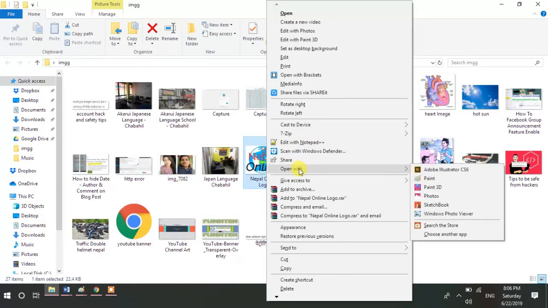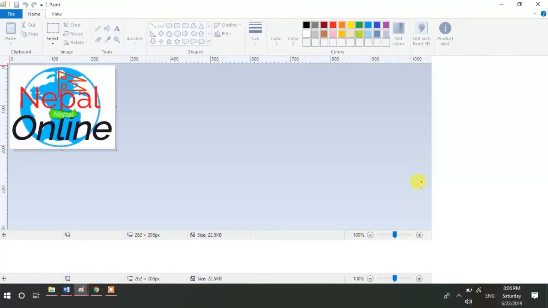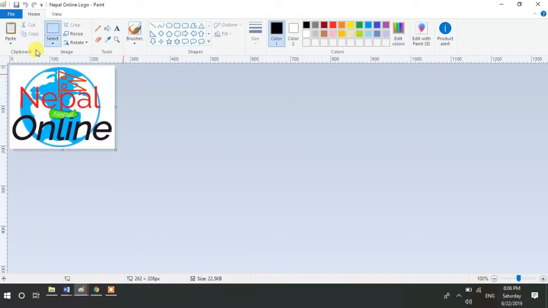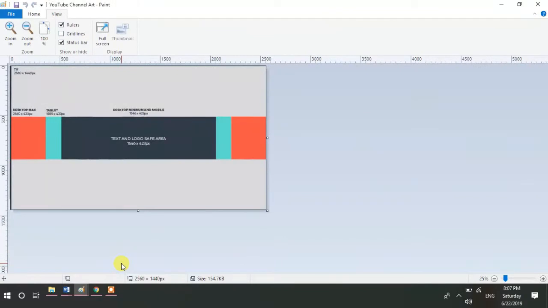Okay, so select this logo. Please see carefully so you understand everything I'm going to say. Just select this logo and copy, go to your banner art here and paste here. Okay,